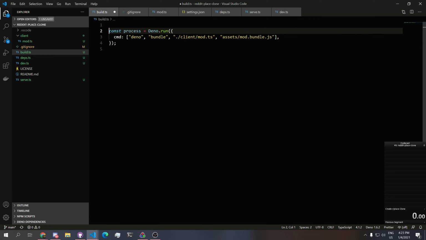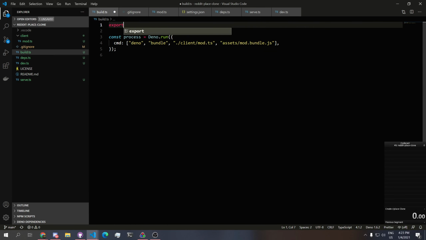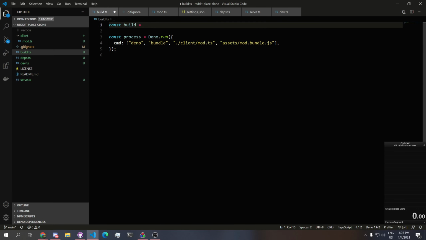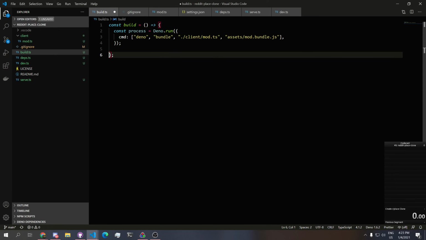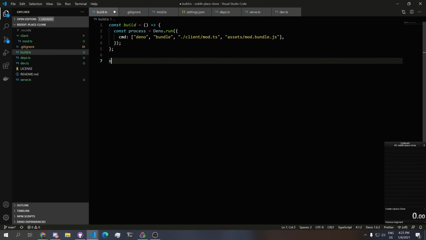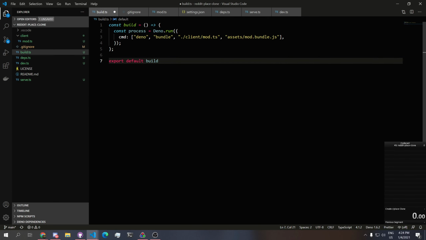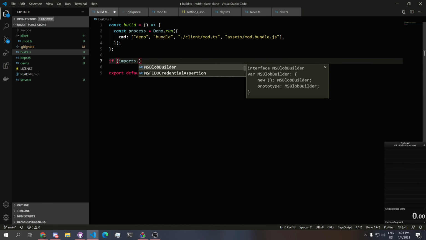So let's say const build is equal to a function where we do this. This is how I'm going to make my scripts, I guess. And then I can export default that build command. And then if import